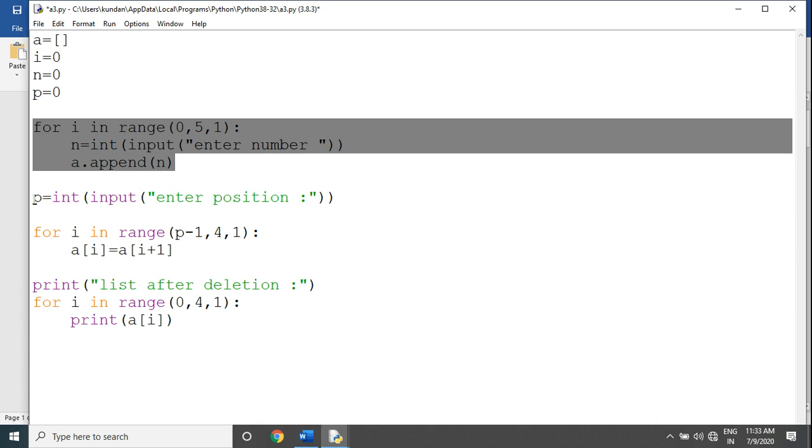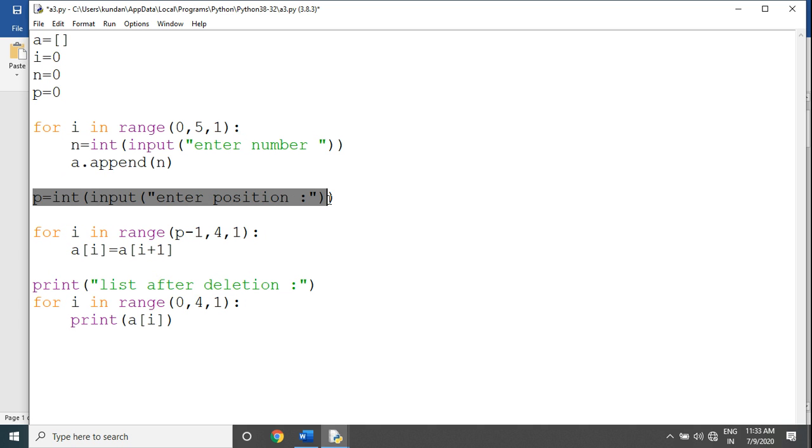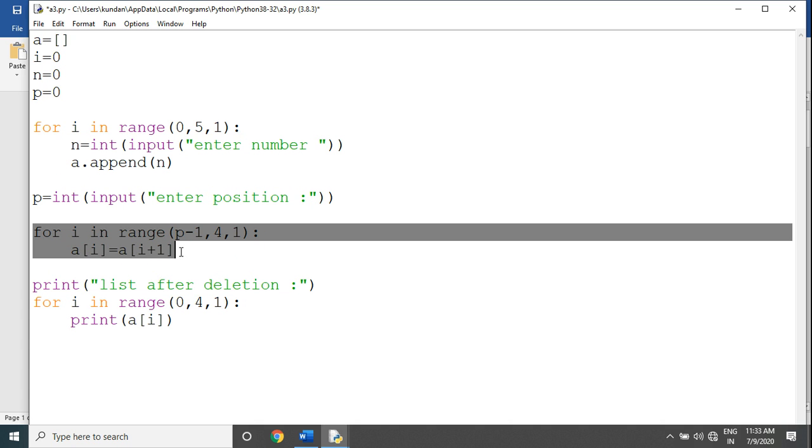After this we input the position from which we want to delete an element, like the third position. Then in the next for loop we shift elements to delete data from that particular position, and then we print the list after deletion. So we will execute the program.